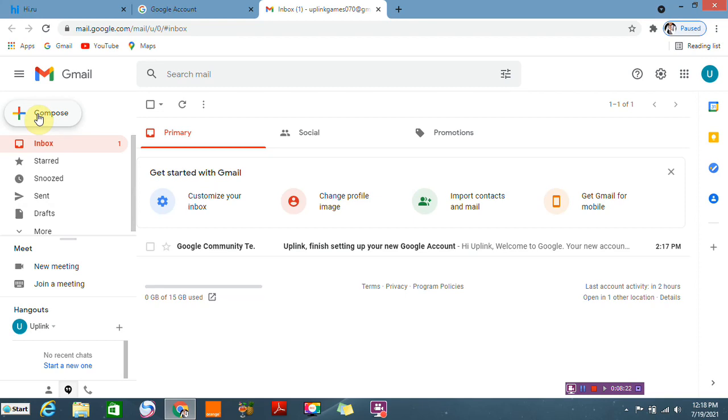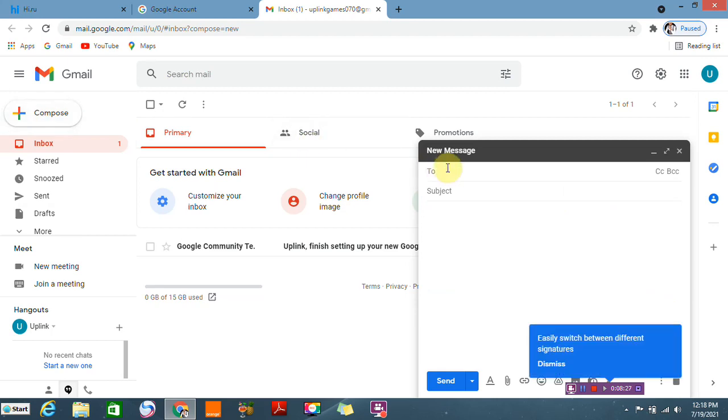Let's say you want to send someone an email, you can come and say you want to compose the email. Then you write the person you're going to be sending the email to, for example, Henry Sejito at gmail.com. Then you can tell the subject, let's say this is Uplink Games. Then you can type the message, let's say,